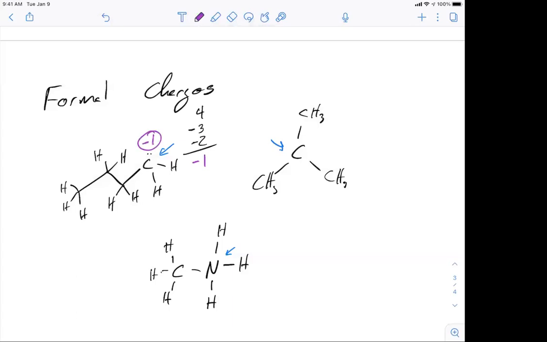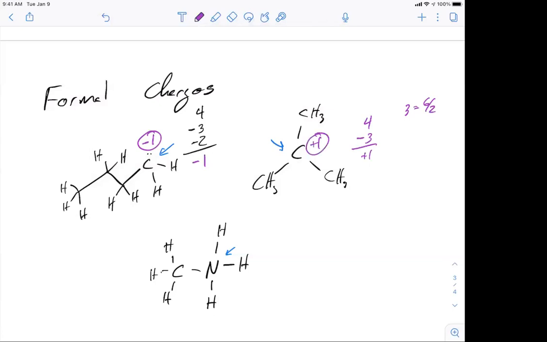By this point, you probably have this down and can just look at it and know, but this is the process. Here again, if we look at our carbon, we have 4, we got 3 bonded pairs, right? So take half of that. So the 3 comes from 6 divided by 2, because we're going to split those in half. We subtract because it's electrons, right? And then if we do that, this gives us a +1,